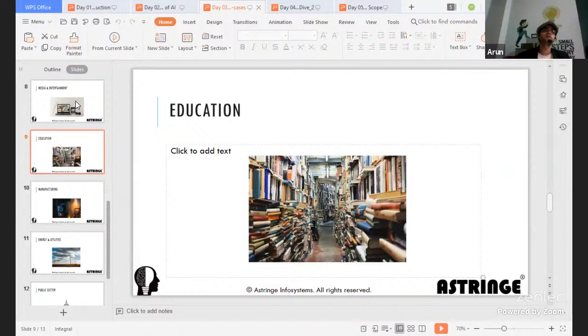The other aspect is that in education, when you are trying to gather data from multiple sources, you might end up getting the same data being used in multiple places, which leads to plagiarism. A lot of times this happens, particularly in the field of education, when you're trying to create a project, a new course, or new workshops. So if you use AI, chances are that you may end up with a higher conversion rather than repeating the same thing again.